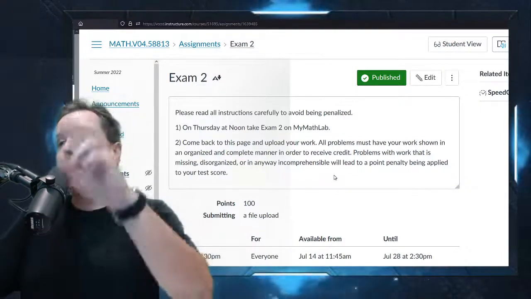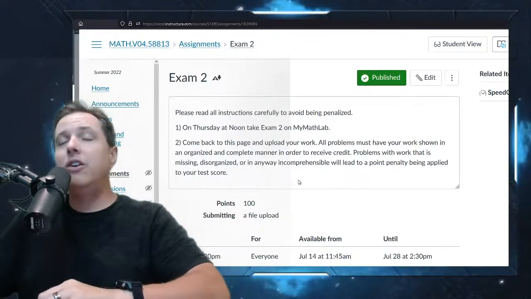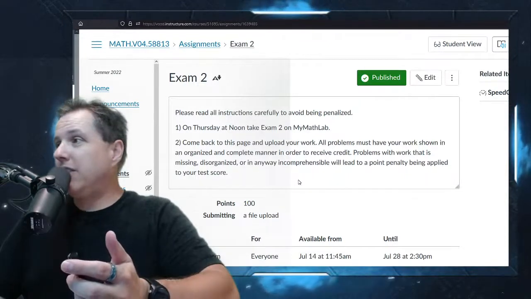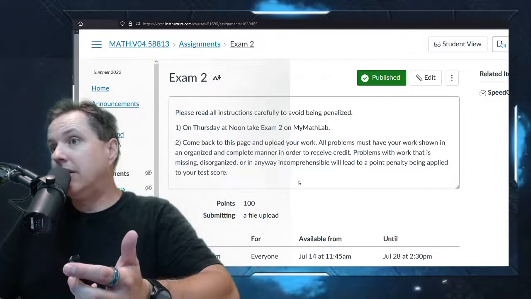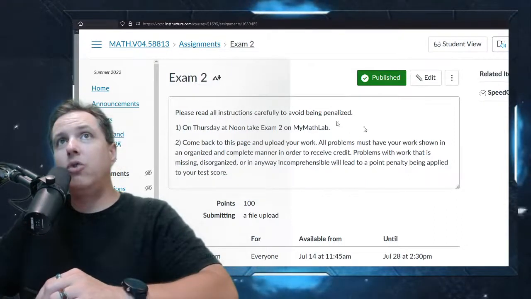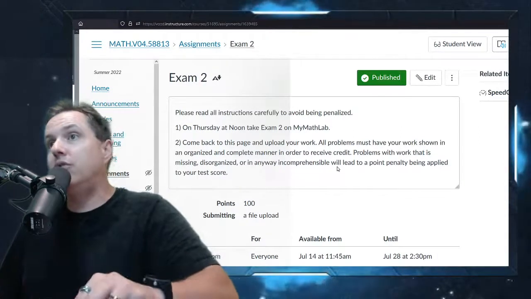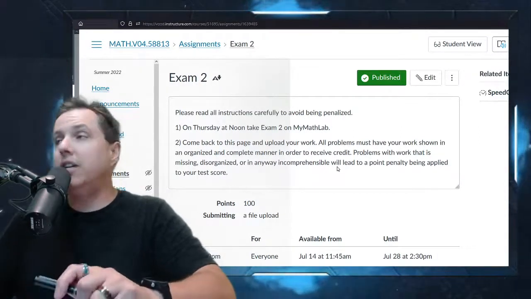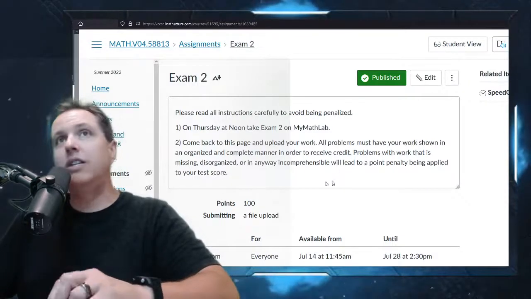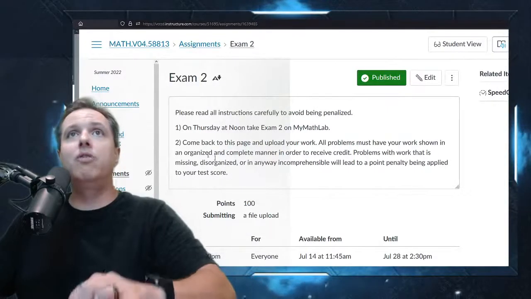Okay, so that's really important. Make sure you do that. Otherwise, if I don't get your work submitted in here, you're going to get a huge penalty on the test, like a really big, massive penalty. So make sure you show me your work so that I can defend that this student actually, she didn't cheat or he didn't cheat. They actually did what they're supposed to do. So hopefully that's clear to everyone that you have to do that.